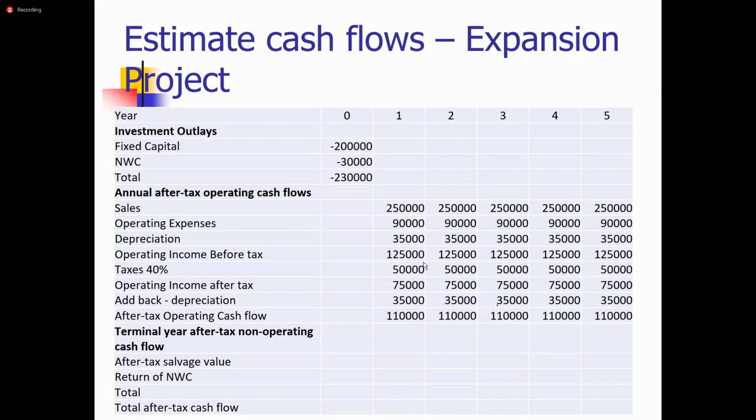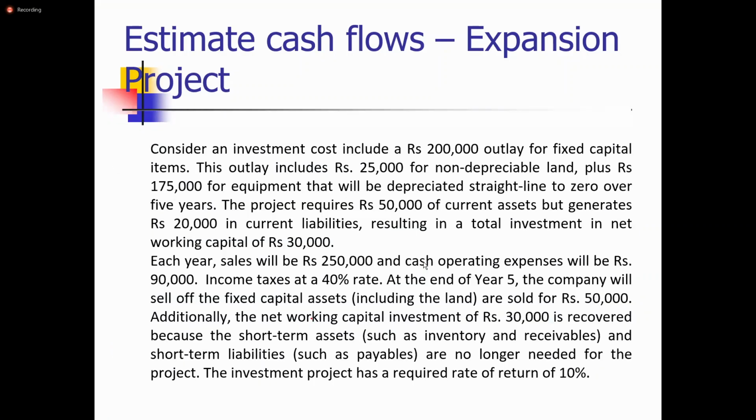Then this annual operating cash flow, you have to adjust for the terminal year because this is the terminal year of the project. From here, the project is over. So therefore, this 110,000, now you have to adjust for the terminal expenditures and the terminal cash inflows and cash outflows. Then terminal year after tax operating cash flow, you can estimate if you go to the question again, you can see